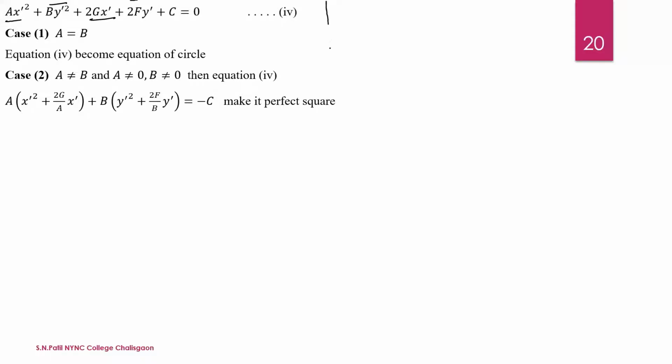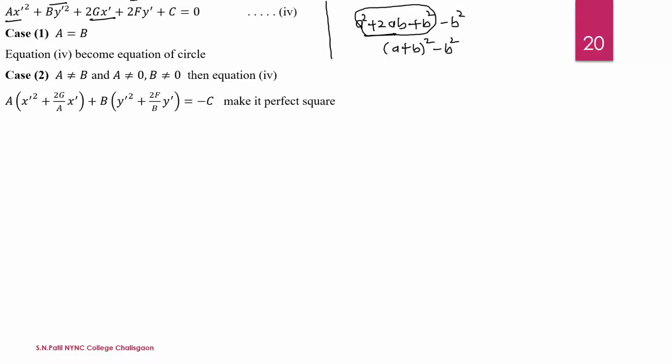Now the bracket is like a square plus twice ab. If we add b square and subtract b square, then the first three terms represent a perfect square, (a plus b) whole square. So accordingly we identify the b. Here b is g upon a, that is, we add g square upon a square and subtract g square